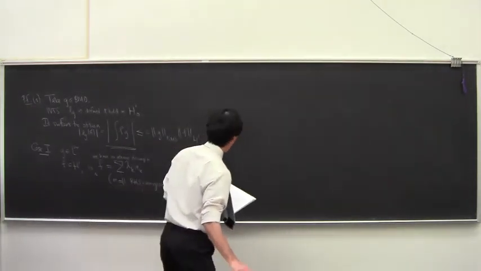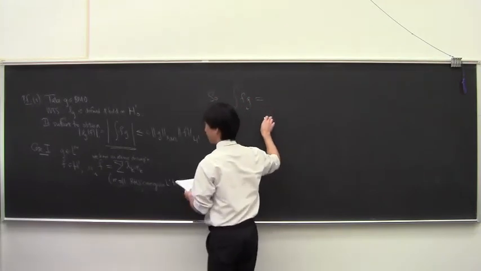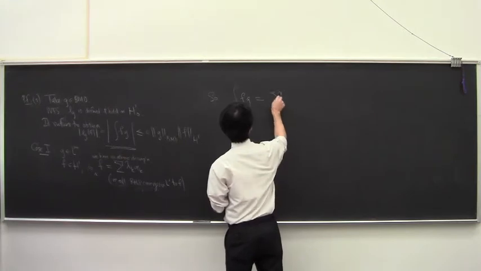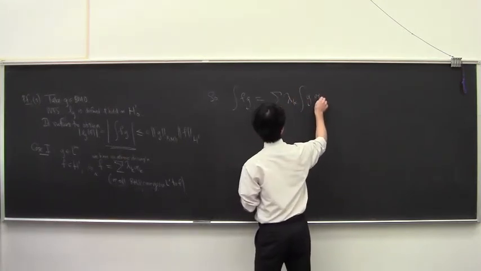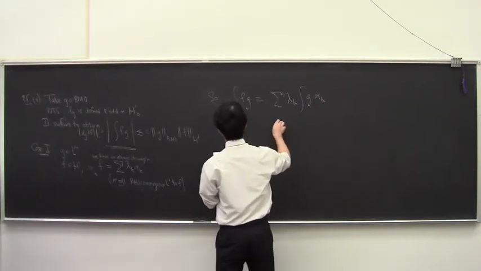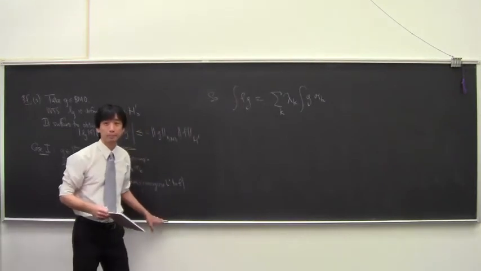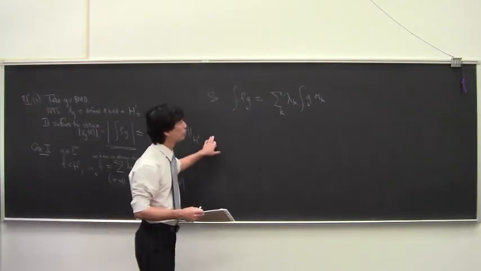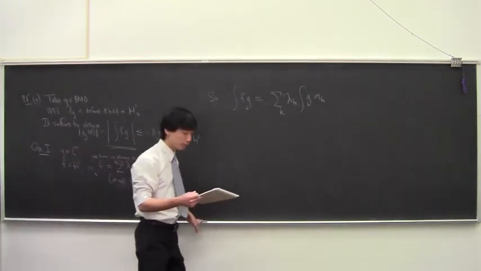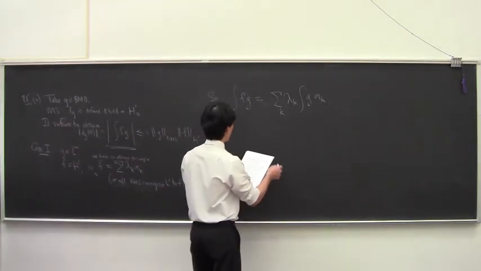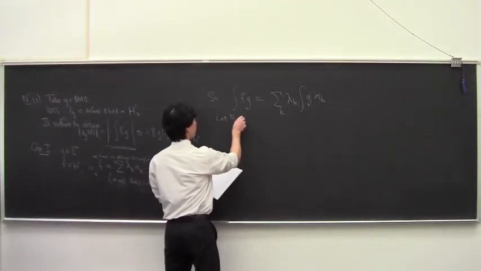So if we look at this, we can realize it as this because of that convergence. So we just use an atomic decomposition first, and then let B sub k be a ball